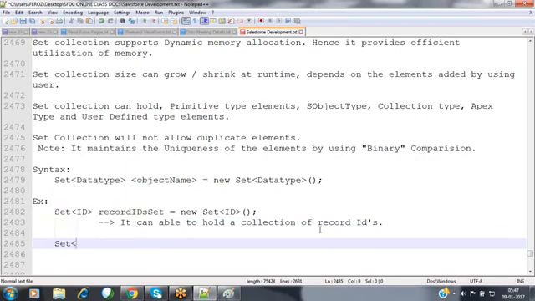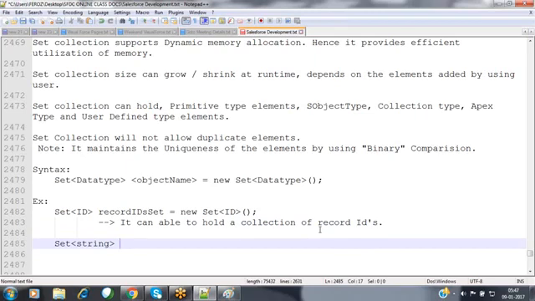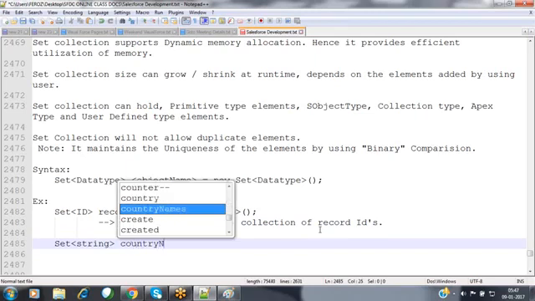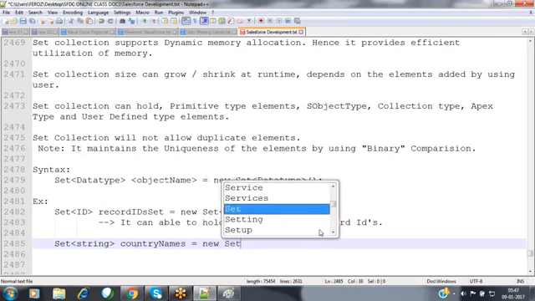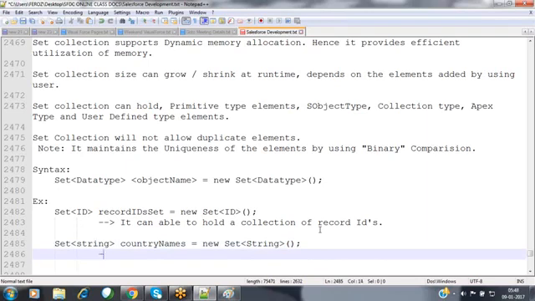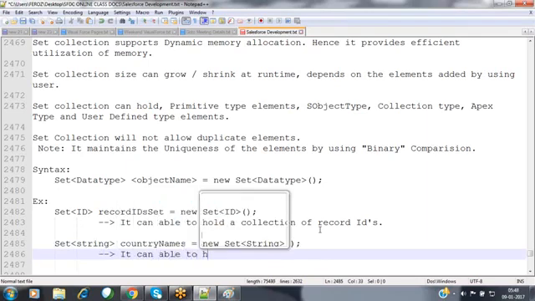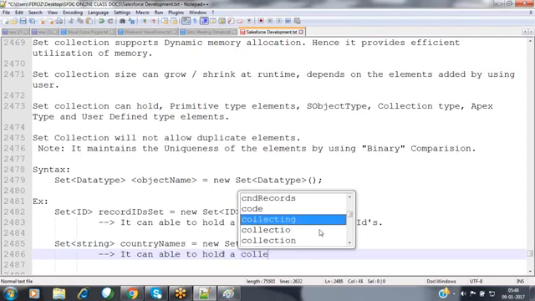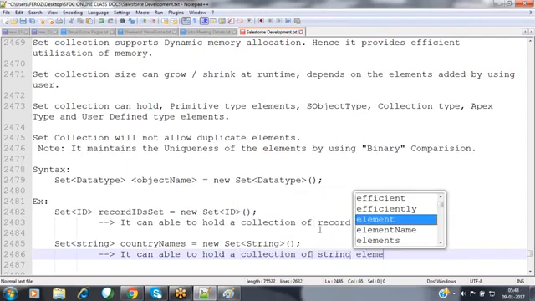Set of String: I'm giving some country names, new Set of String. Now it can hold a collection of string elements.